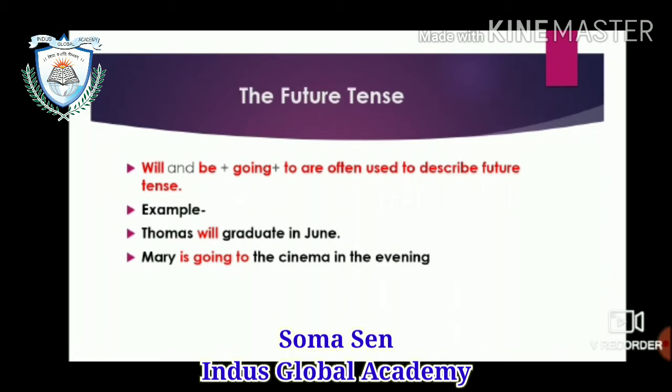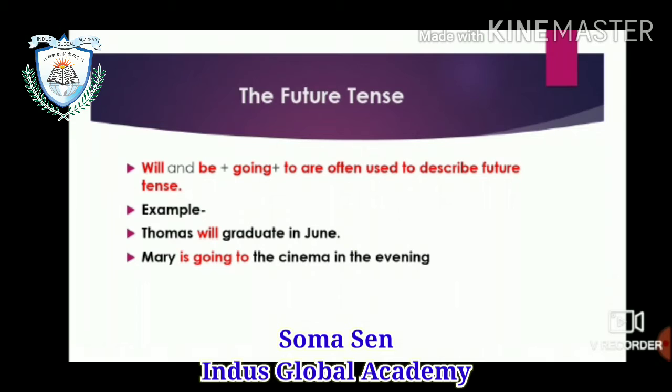So here I will just make this clear with examples. Thomas will graduate in June. She will go there in the evening. I will go to the movie tomorrow. I will do this work later. So these are the sentences describing my future action or somebody's future action that is going to happen in future, right? But if I am using the verb form of be, if I am using is, that time